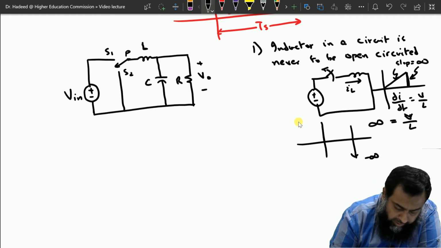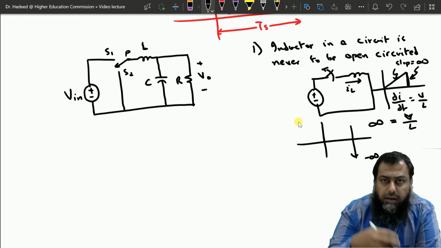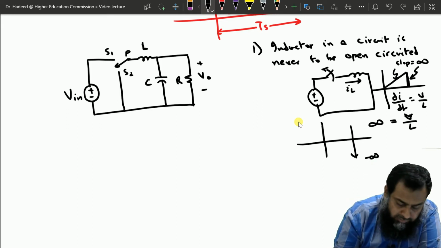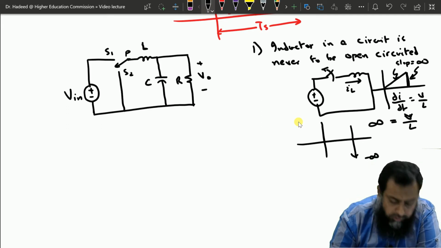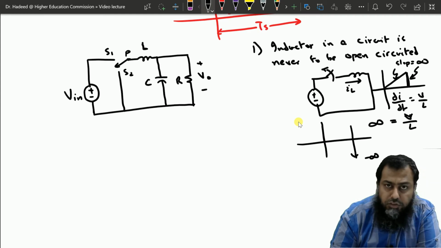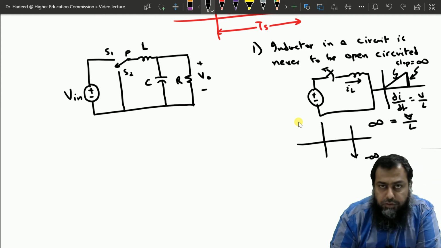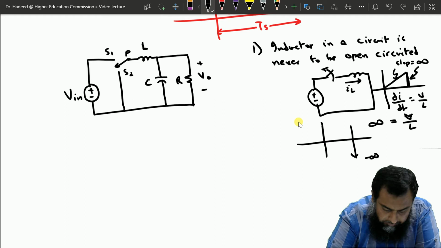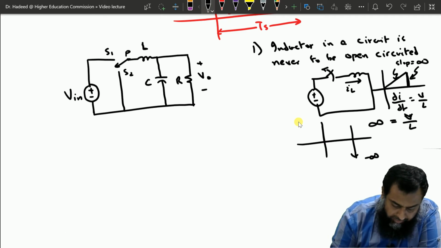This can also be attributed in terms of the throw, but to have a better understanding, I am saying that this is switch 1 and this is switch 2. So this pole can be connected with this switch 1 and it can be connected to this switch position number 2. Now if we want to analyze this particular circuit, we can say that for a part of the time